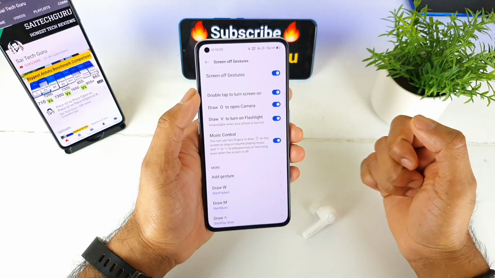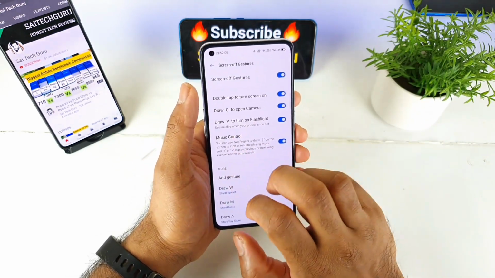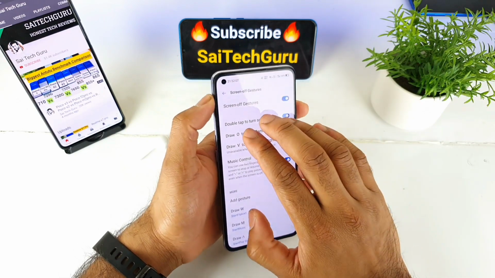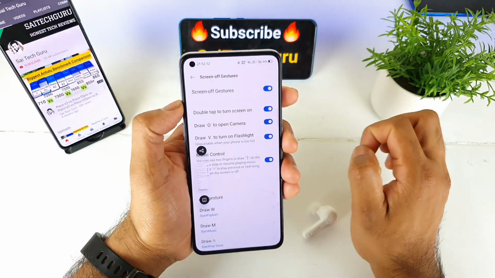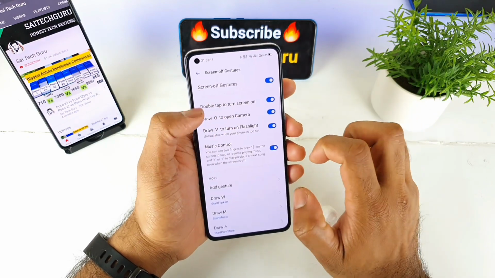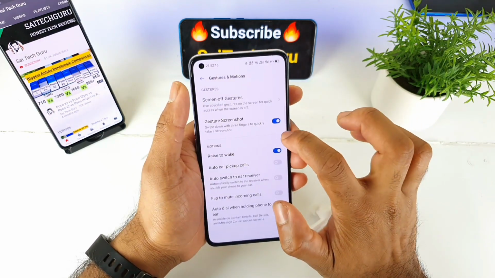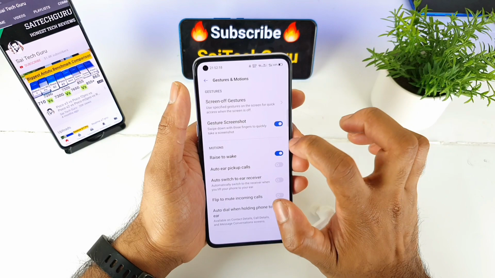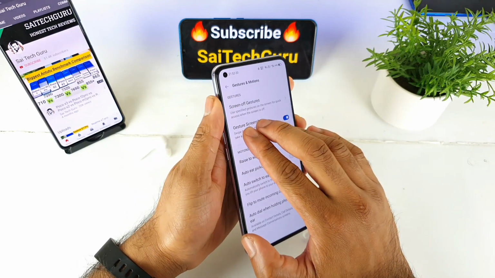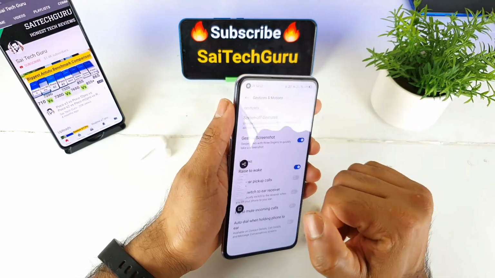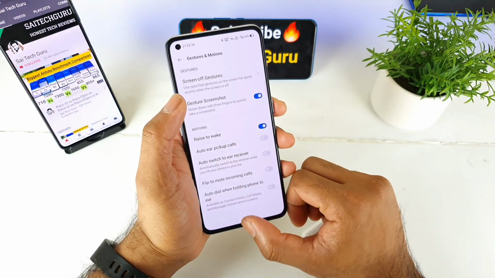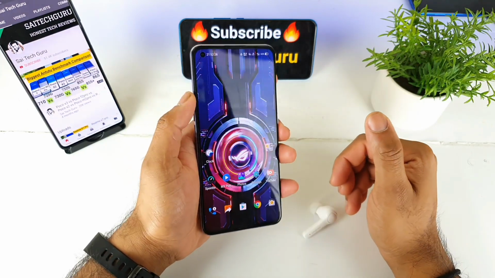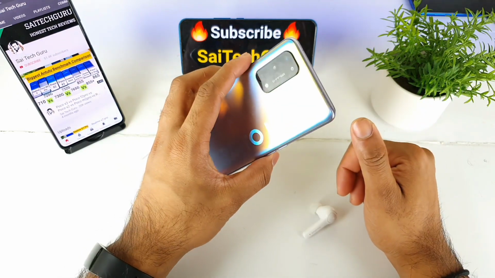There are some other gesture controls too. If you want to take a screenshot, you just need to swipe 3 times at the bottom, and then you get the screenshot, as you can see, friends. That's the option you can enable in the settings. You can find here, as you can see, screen gestures you can turn on. This is how you can do it using the 3 finger gesture, just by swiping downwards, as you can see, friends. And these are quick gesture control tips and tricks on this Realme X7 Pro.